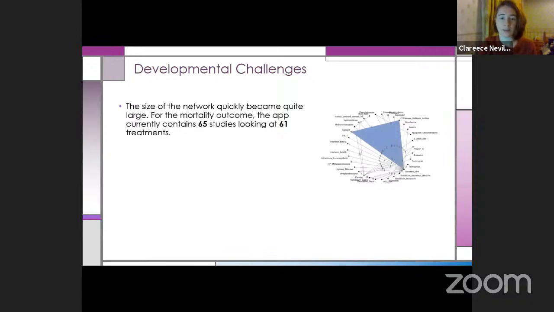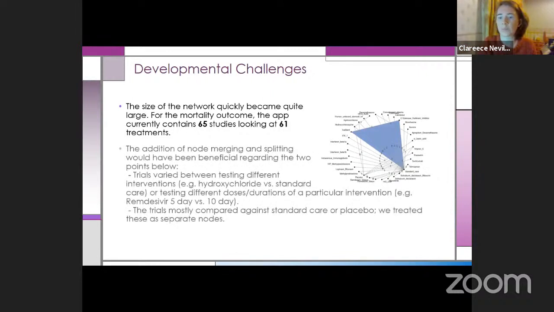This had an impact on the app visually, so network diagrams were becoming cluttered with text overlaying each other, and the forest plots were actually running off the plot space and onto a second plot. Generally, we tackled this case by case by altering the user interface parts of the Shiny code to cope with the size. And secondly, there are a few instances where we found that it would have been beneficial if we